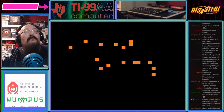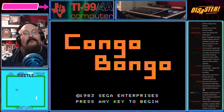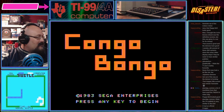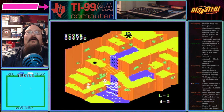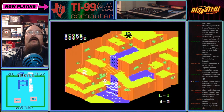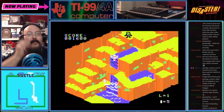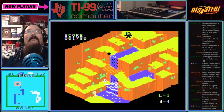Flappy Bird, you're kidding me. We played a very botched version of this on the 1200 XL, I believe it was, when me and Boat did that. So we'll see how... This is not the easiest game, but that looks okay. I think I maybe tried this one time. The coconuts are disappointing. There's no monkeys. Oh, I guess I just went too close to the waterfall there. I mean, your guy sort of blends in with the...